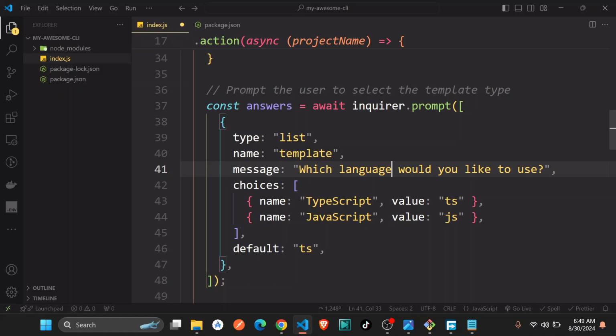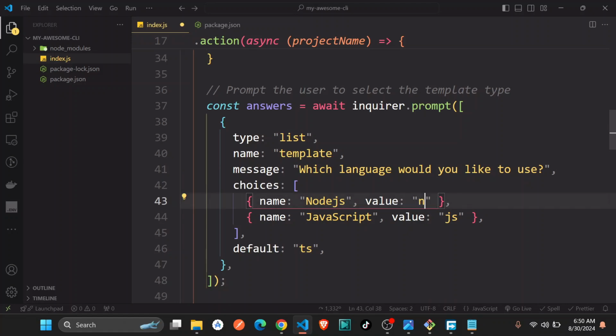I don't know how best to ask this question. Which language? Okay, you can just say which language would you like to use, and you're going to have, for instance, Node.js,